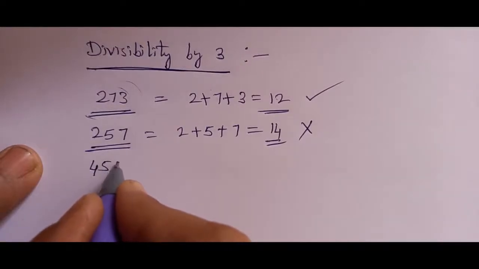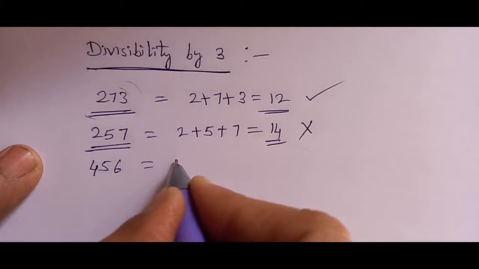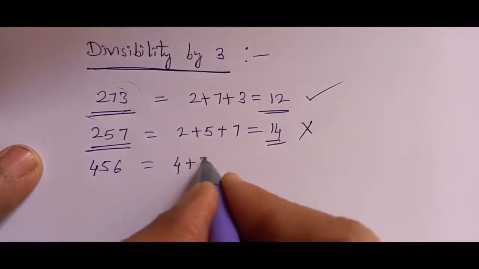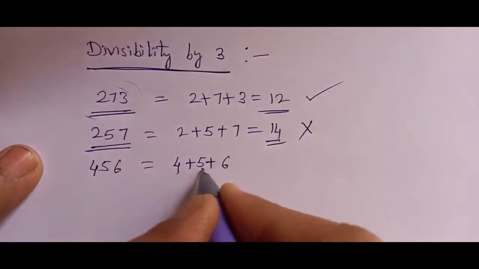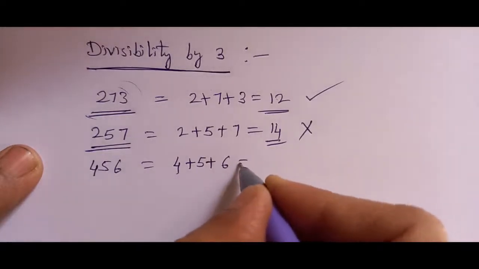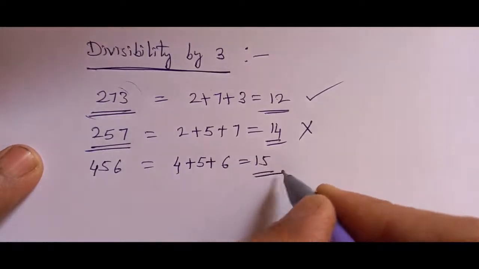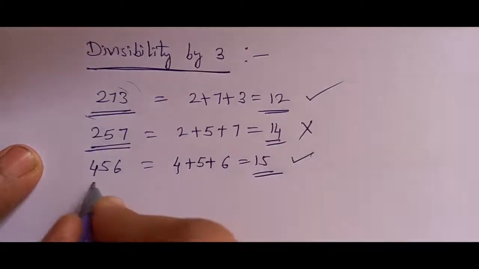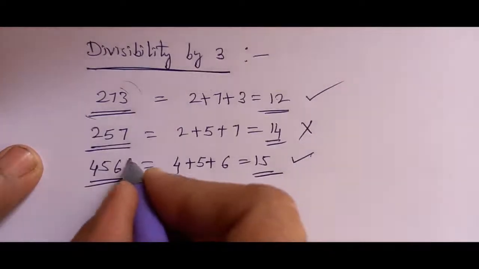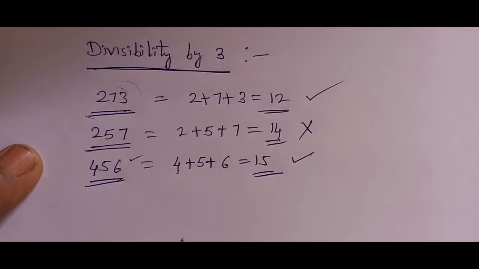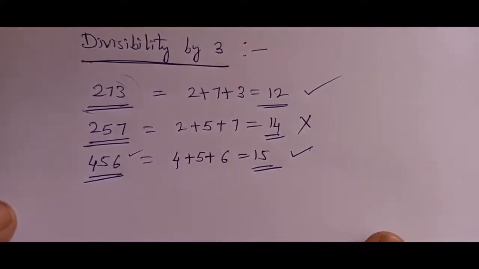456. So sum of digits is 4 plus 5 plus 6. 4 plus 5, 9. 9 plus 6, 15. 15 is divisible by 3. So 456 also divisible by 3. Is it clear? Similarly,